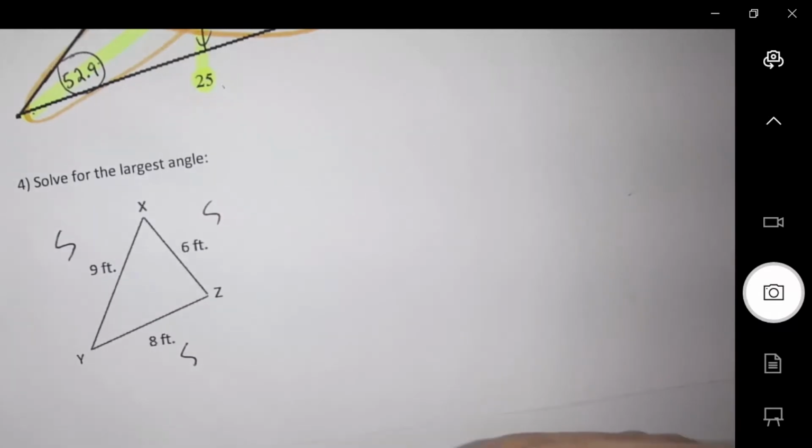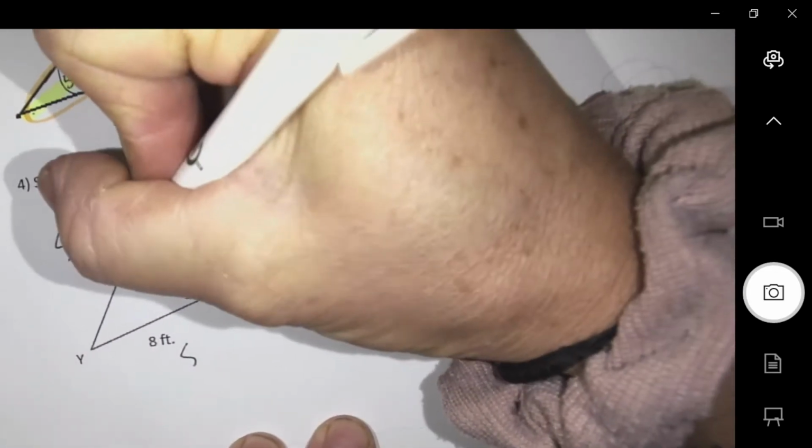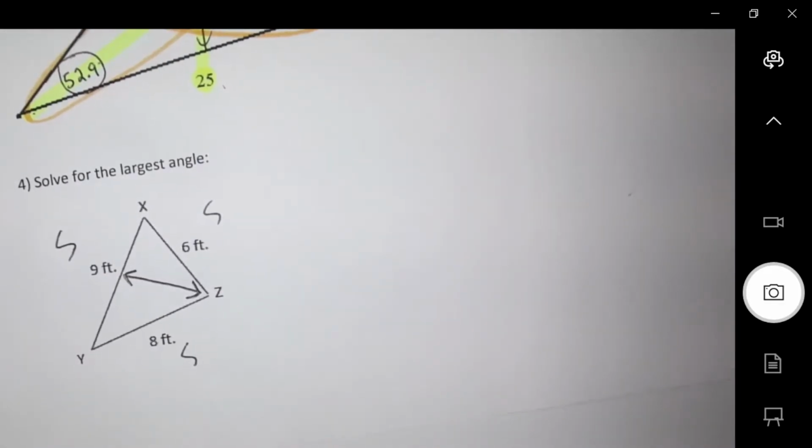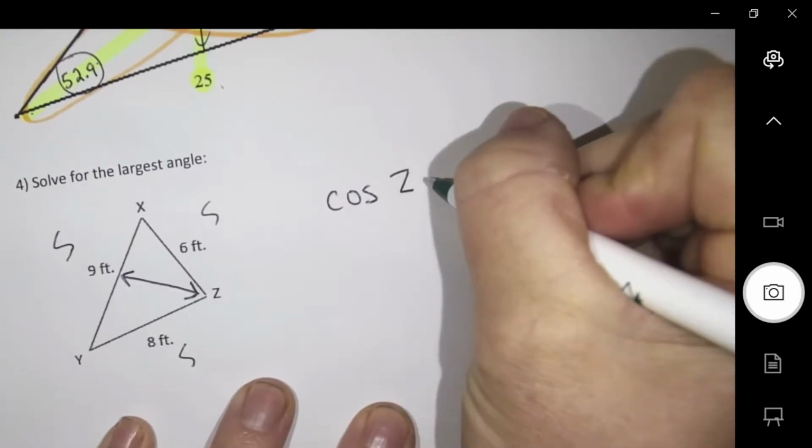Okay. This says to find the largest angle. Well, which one is that? How do I know which angle would have to be the largest one? It would have to be located across from the largest side. So we're going to find Z. So cos of Z